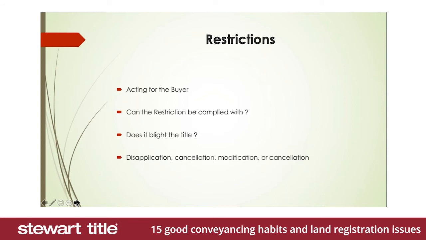It only applies to notices, restrictions, or cautions against first registration, but is a very useful weapon in an armoury where a restriction or notice has been placed on a title that cannot be complied with and that shouldn't have been placed on the title in the first place. The test of reasonableness occurs at the time of application.